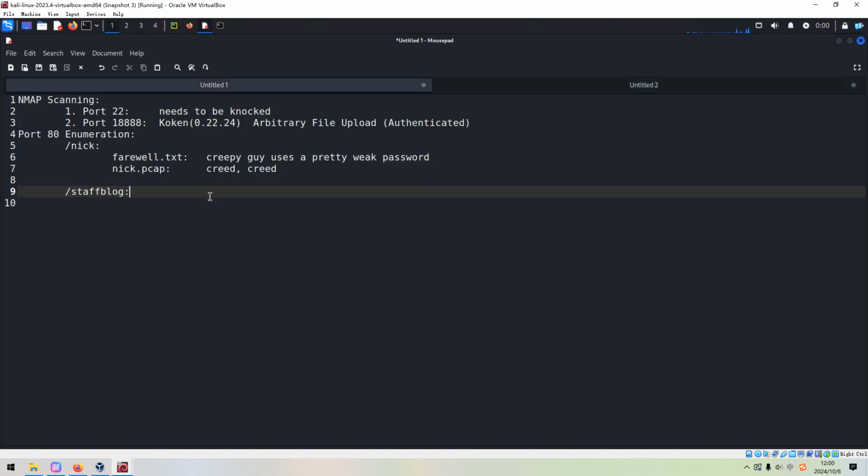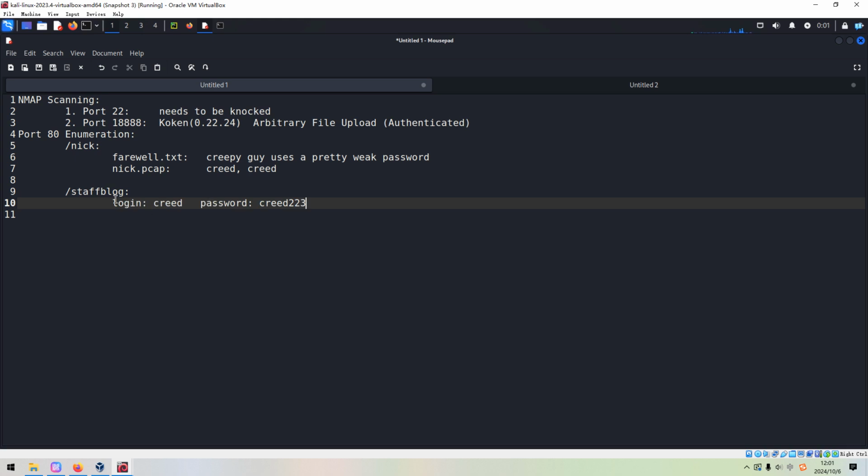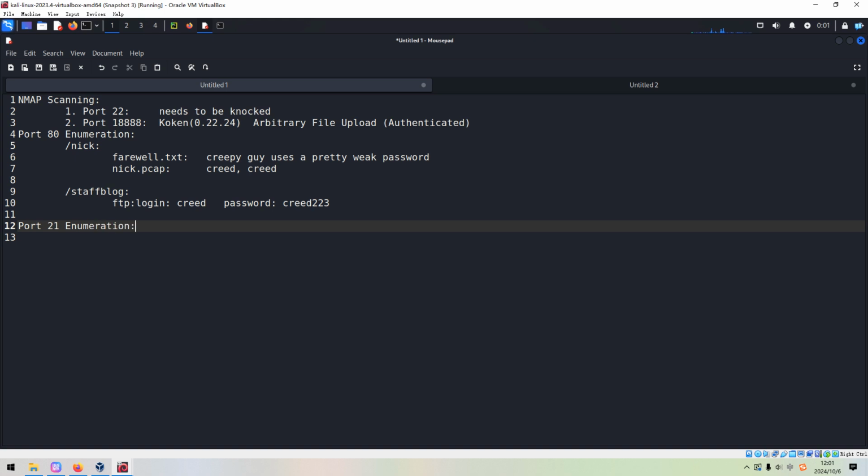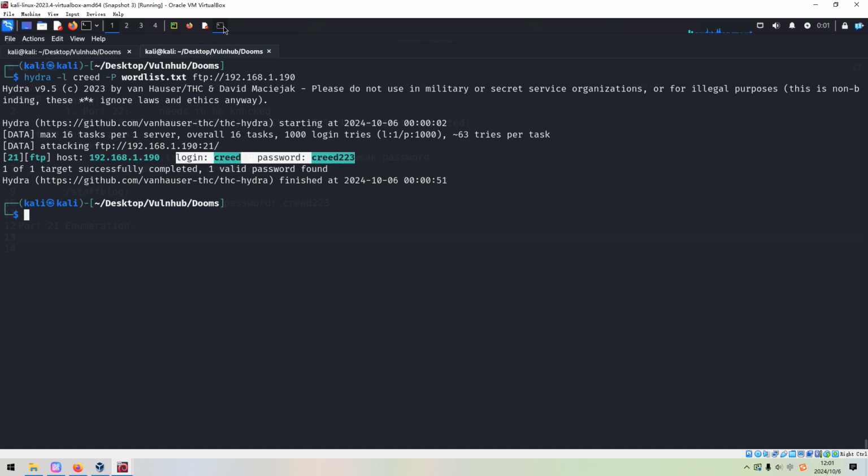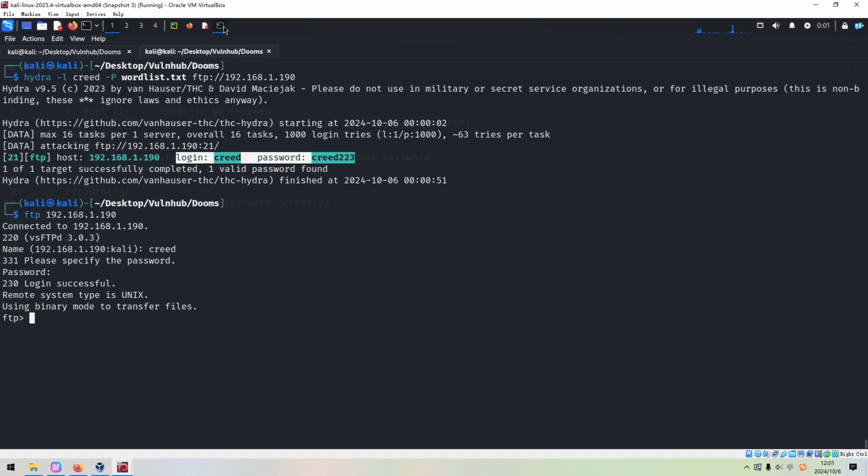So this should be, we can put it over here. So now, port 21 enumeration. Now we can log in to the target with the username create and its password.